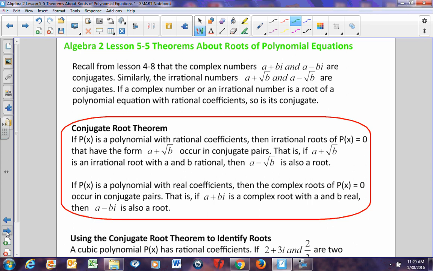Okay. If I have a root of a polynomial equation and that root happens to be an irrational number like a plus the square root of b, then its conjugate a minus the square root of b must also be a root. Okay. And if a plus bi is a root, then a minus bi must also be a root. So knowing that,